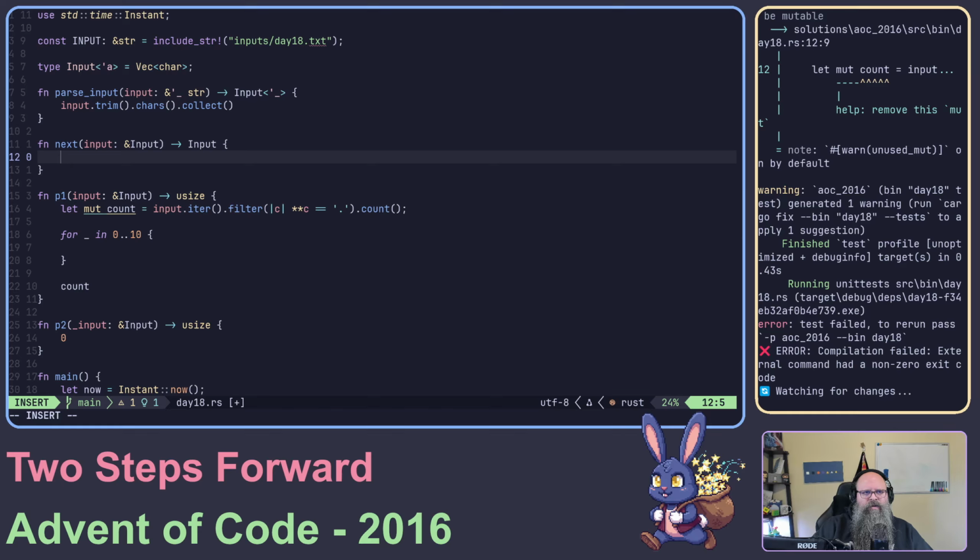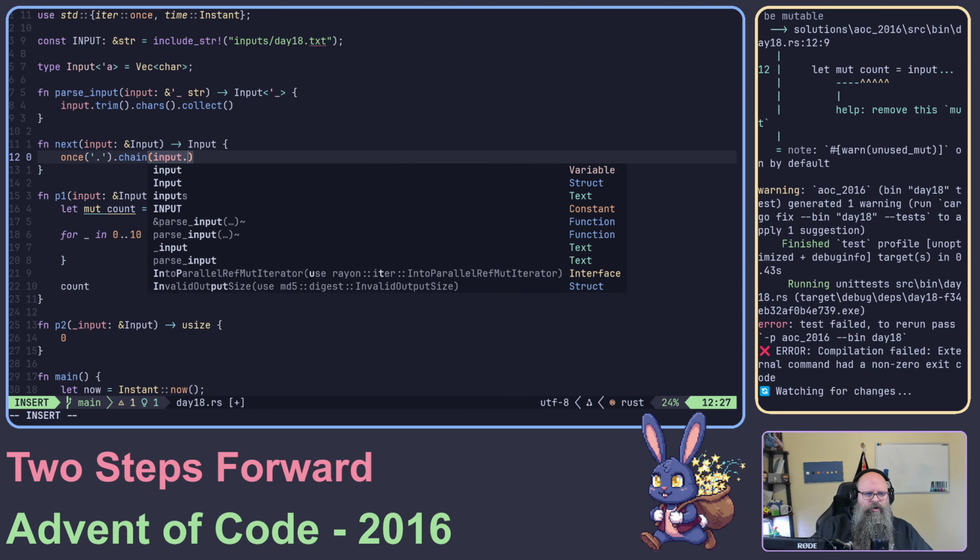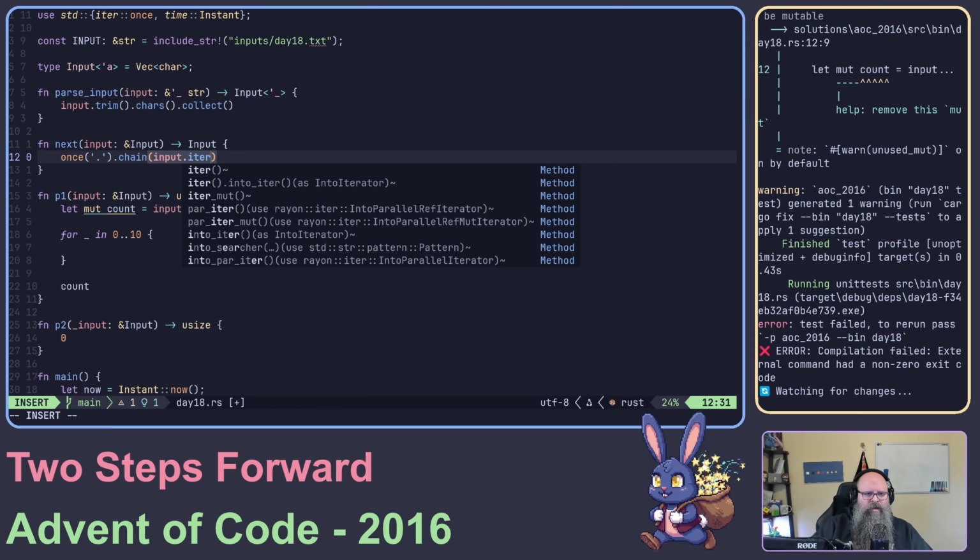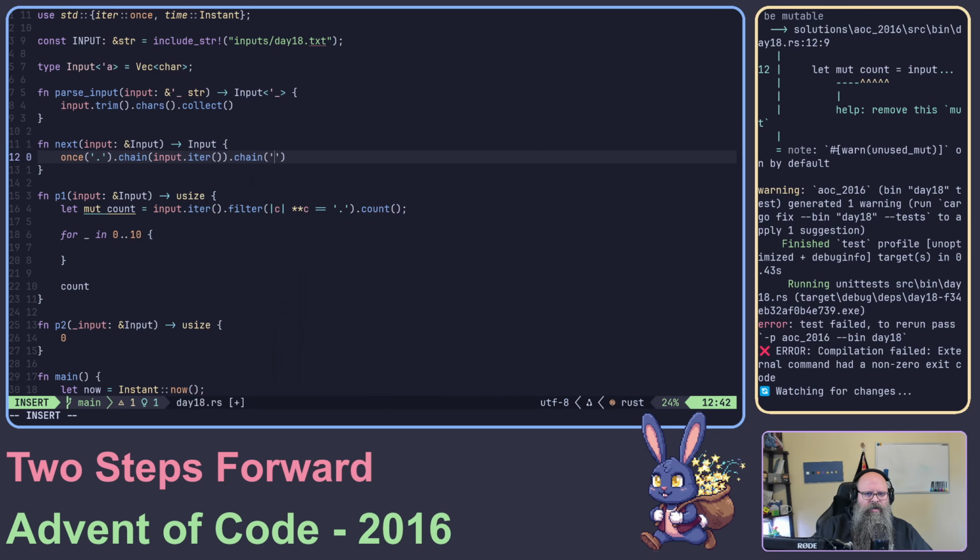And then we could do, so it could be like, what I'm thinking is we could do like once.chain(input.iter.chain like that).window